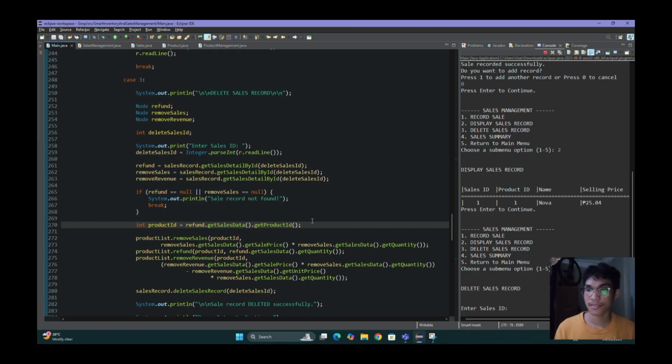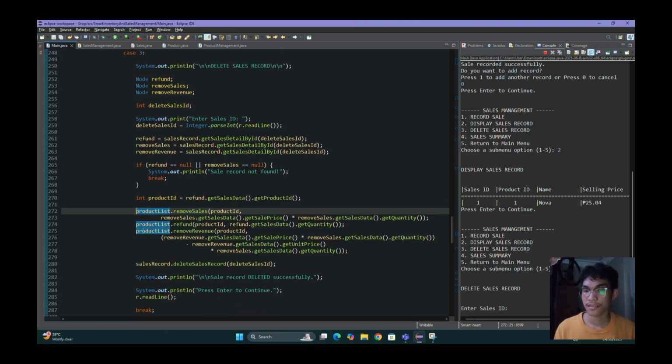And if the ID exists, the program then performs several actions. First, it removes the sales total from the product overall sales by using this line of code.